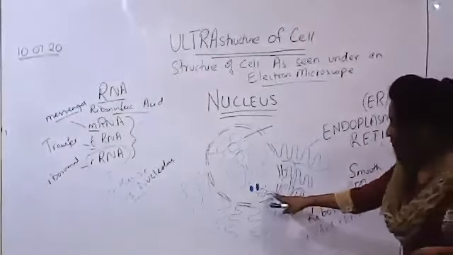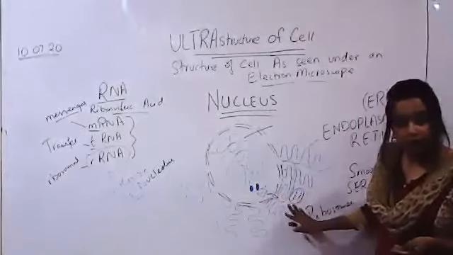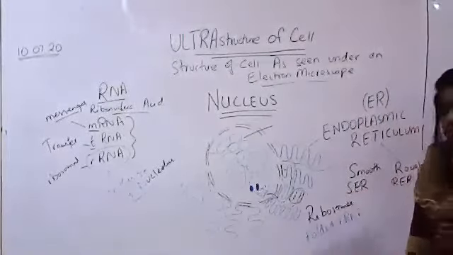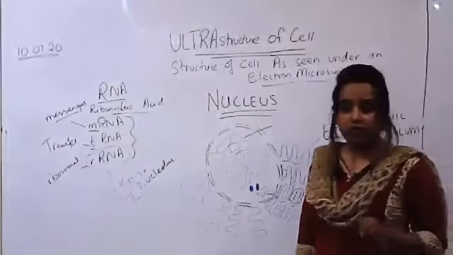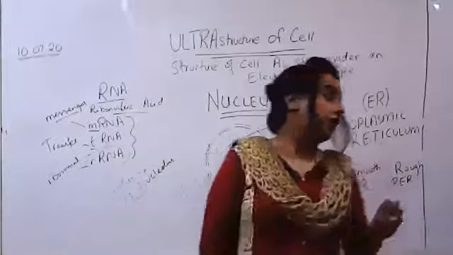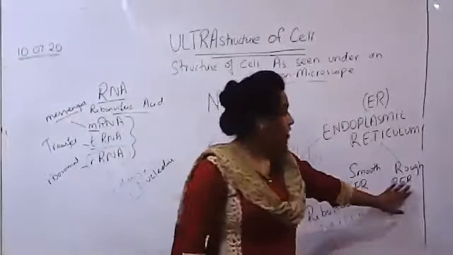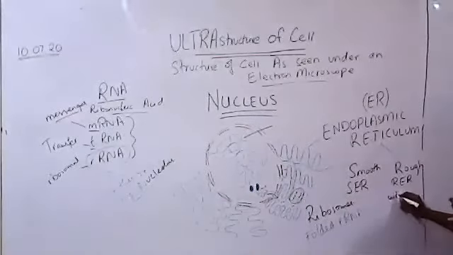These ribosomes, when they enter the ER through the nuclear pore, some of the ribosomes get attached to the membrane of ER. Now, this specific part of ER where ribosomes are attached is termed as RER or rough ER. So, rough ER is ER with ribosomes.